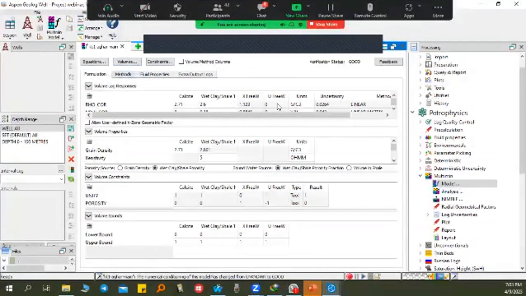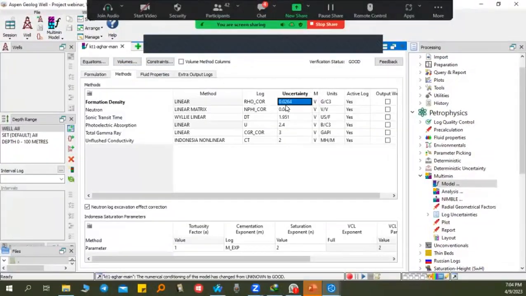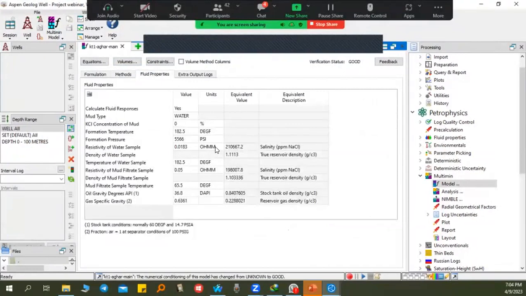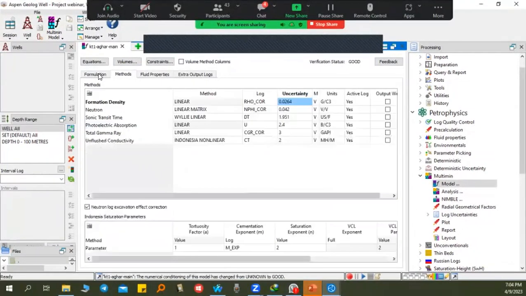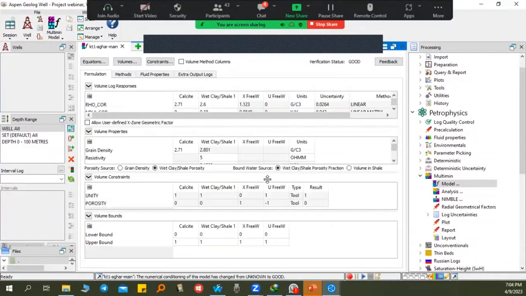And in methods, we change the log uncertainty types and values, and fluid properties can help us define the major parameters of the reservoir included in the petrophysical evaluation. Thank you for your attention.